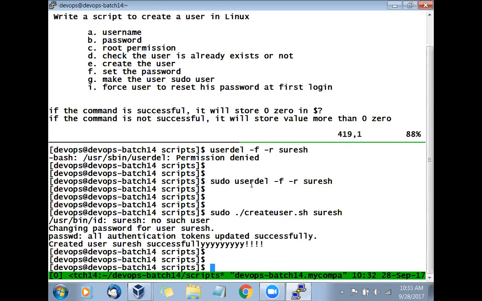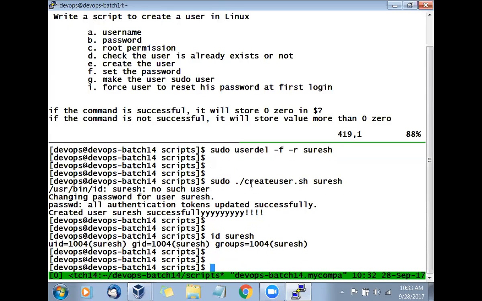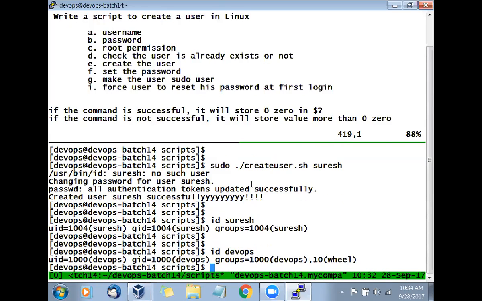So assuming that you have the wheel group enabled already, what do you have to do? You have to get the user inside the wheel group. That's how you will make it a sudo user. So let's say user Suresh. Is Suresh the root user? No. But if I say id DevOps, is it having the access? Yes, because he is a part of the wheel group.